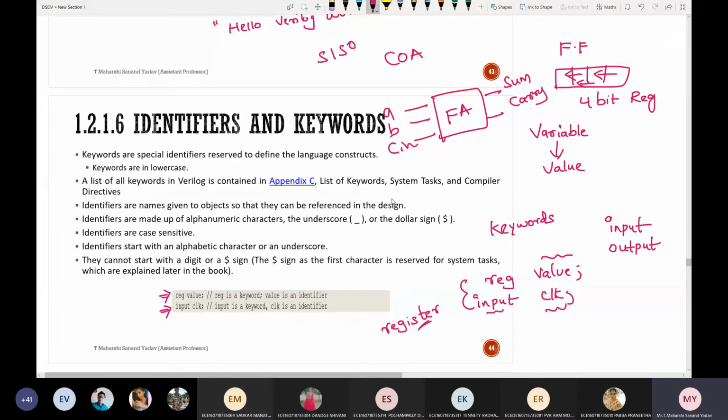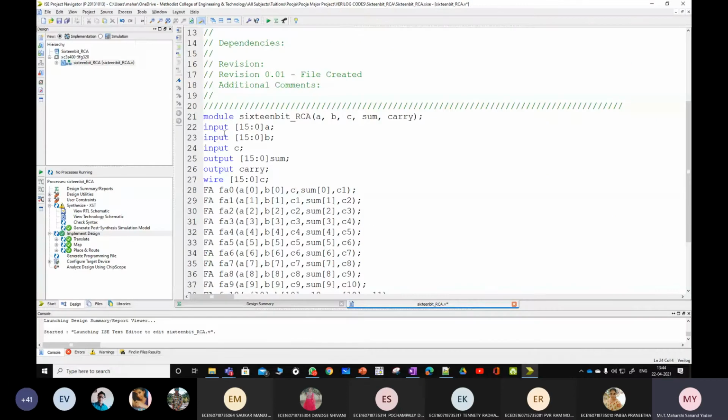So they should be declared like this. A, B, C are inputs, right? So that's why it should be mentioned like this: input A, input B, input C. Here there is a different concept I'll tell you. We call this one a vector. So directly you can take it like this. Input A, input B, input C. And 2 outputs, right? So directly you can take it like this: output sum and output carry.